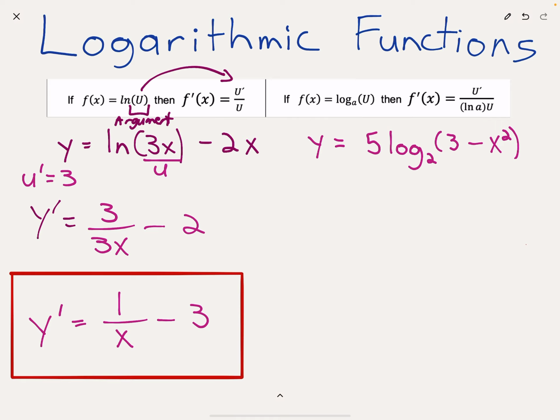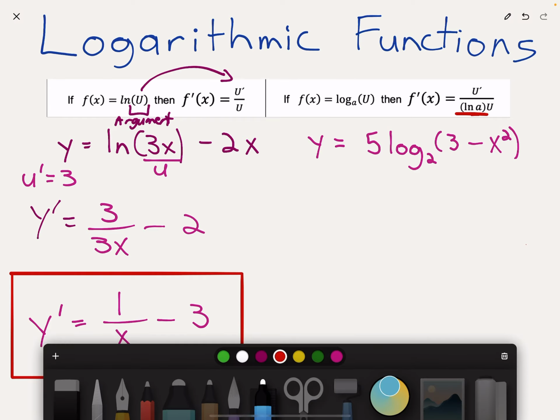What happens, right, when we have a logarithm, not natural logarithm? Check out that it's almost the same. We have u over u derivative. So that argument, it's exactly the same in the denominator, the derivative of that in the numerator, that part is the same. We're just going to add in the denominator the natural logarithm of the base. That is really the only difference. So for this exercise,